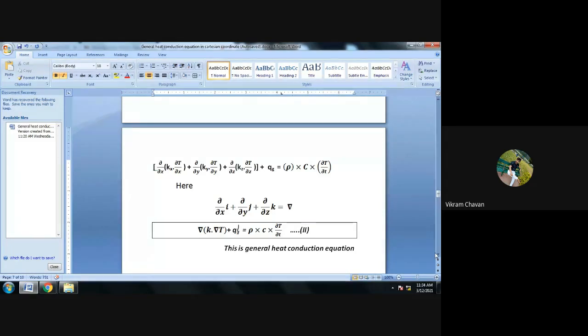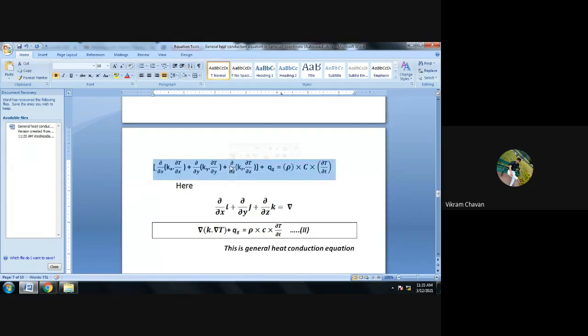Getting everyone how we have converted this equation into this format? For that purpose we have to take the help of this vector del operator. Is there any question, any doubt? So write down these two equations. After division by dx multiplied by dy multiplied by dz multiplied by dt, we'll get this equation. And after getting this equation, we have to apply the del operator for this part.